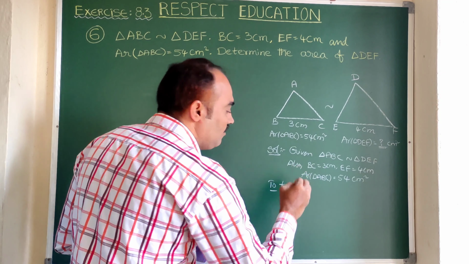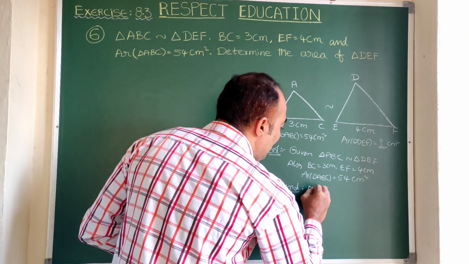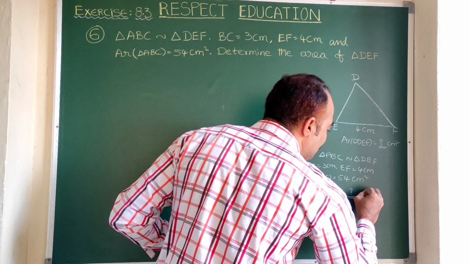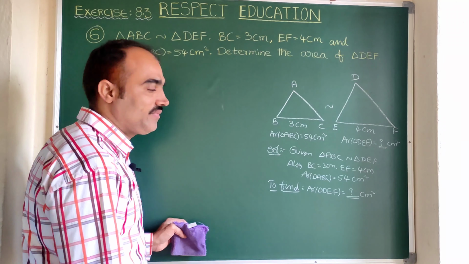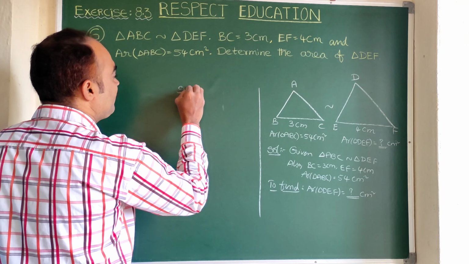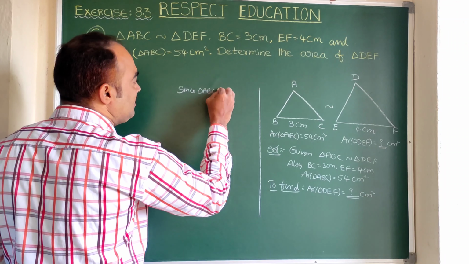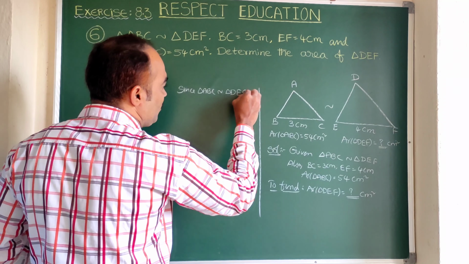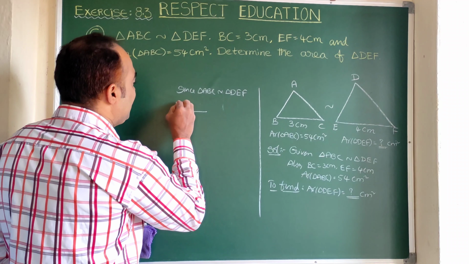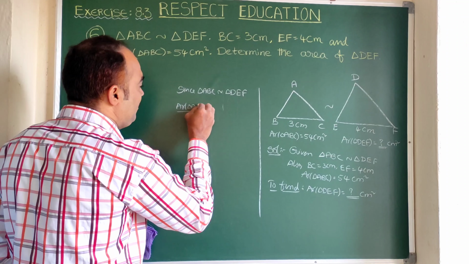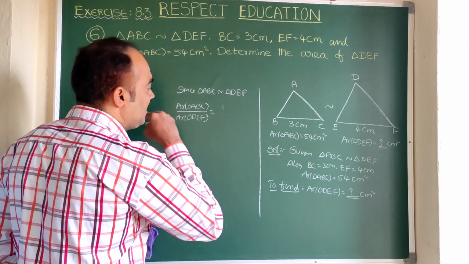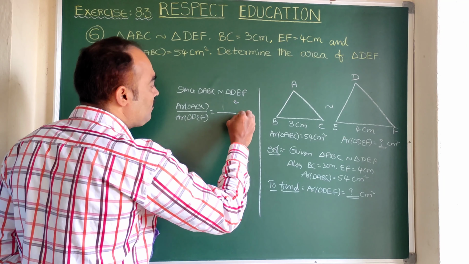here let us see what to find. Area of triangle DEF is required. This is some cm square. That is what we need to find. So let us start solving it. Since triangle ABC is similar to triangle DEF, when two triangles are similar, we know that the ratio of their areas, means area of triangle ABC by area of triangle DEF, is the ratio of squares of their corresponding